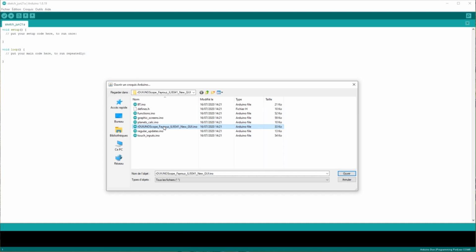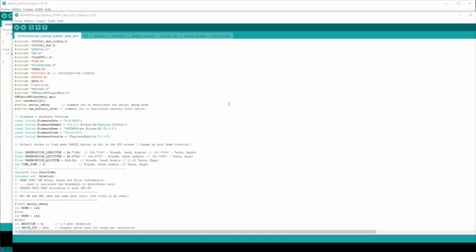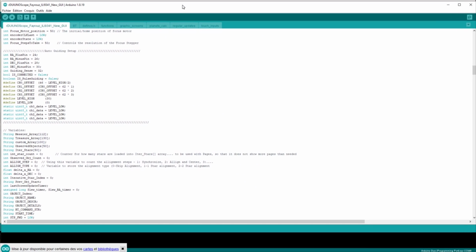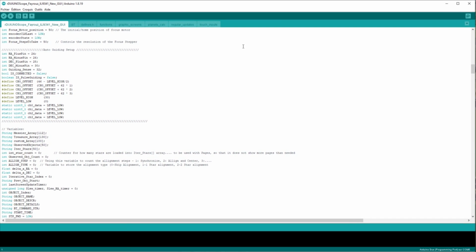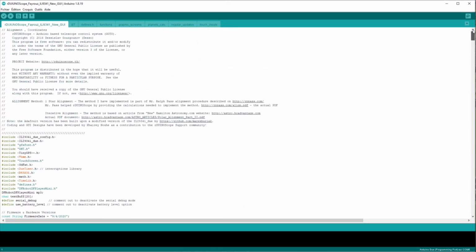Then open the main code file, which is beside all the function codes, and click open. And you can see it opens all the function codes, which are in several tabs. So you can see now the code of the rDUINOScope, which calls some functions which are in the tabs. So now we're going to modify a small part of the code to match with our mount. We have to enter the number of teeth